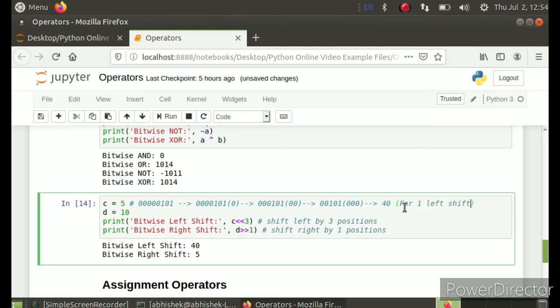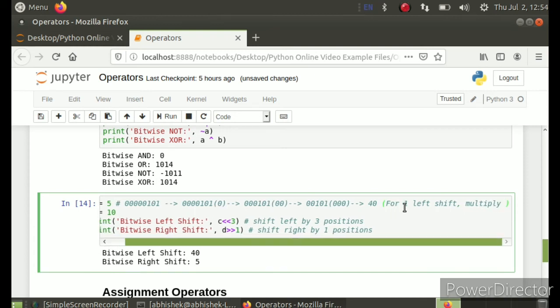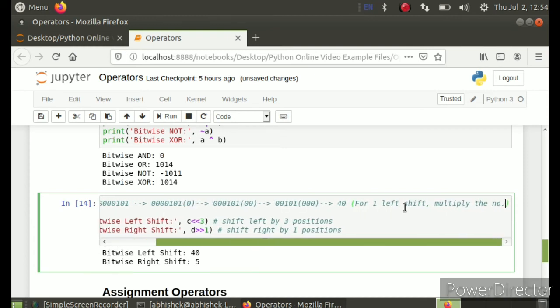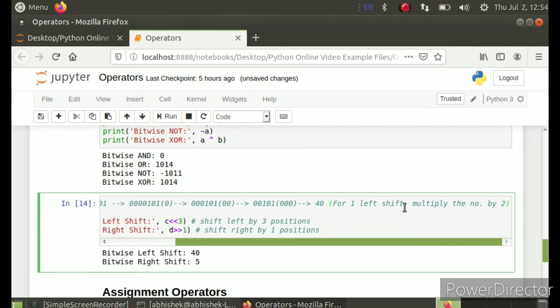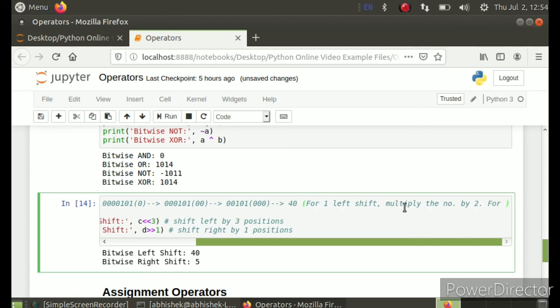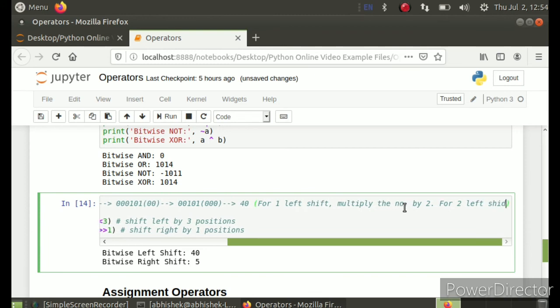And let me tell you a trick. For one left shift, multiply your number by 2. This is the simple bitwise left shift rule. For every left shift, you have to multiply your number, or your result obtained, by 2.